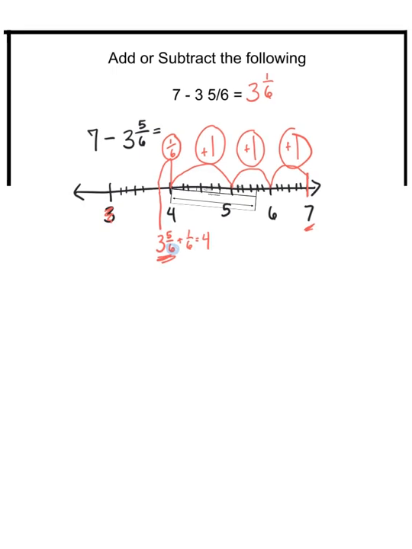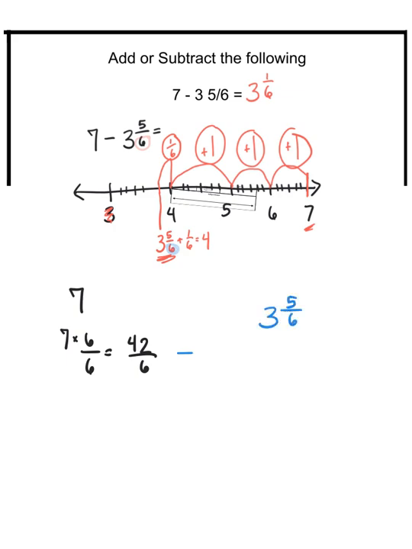Okay, so another way to do this would be to take your 7 wholes and convert that to an improper fraction using this denominator, which is 6. So 7 wholes is the same as 7 groups of 6/6, or 42/6. Then you would take your 42/6,